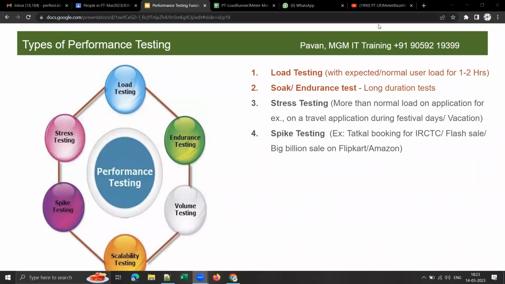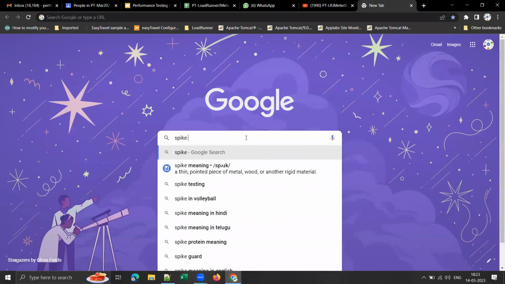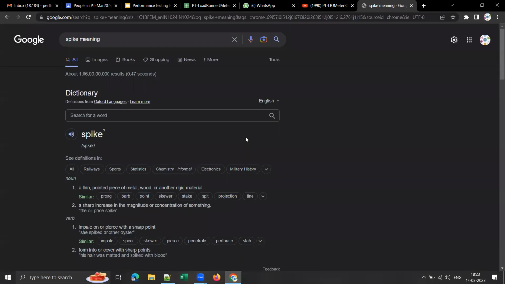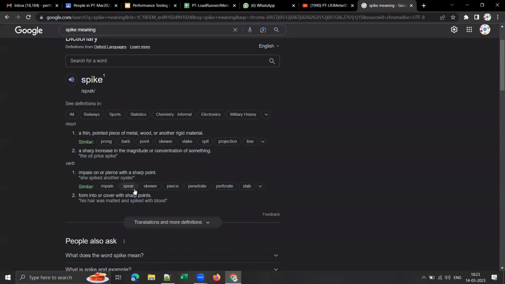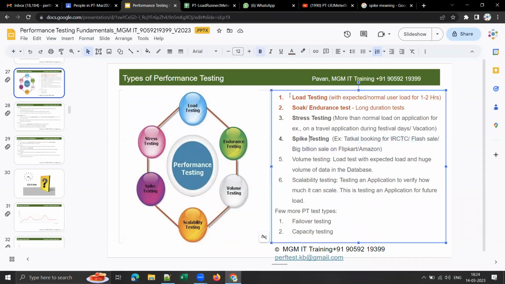What is the general meaning of a spike, guys? Spike means a sudden surge, a sudden increase in the user load, and then a sudden downfall. A sudden increase in magnitude is called a spike. So applications like IRCTC or e-commerce applications like Amazon and Flipkart require spike testing also, along with load testing, soak testing, and stress testing.